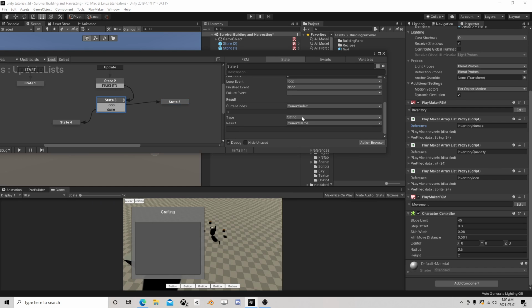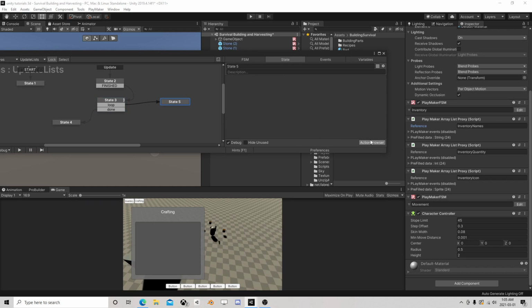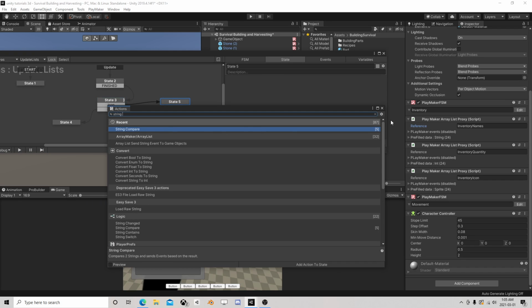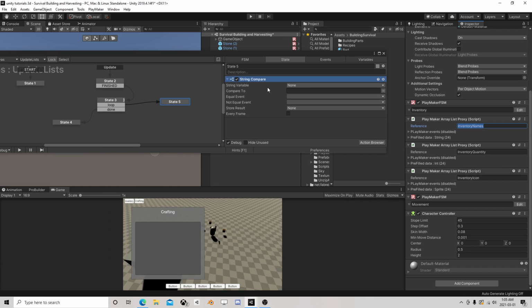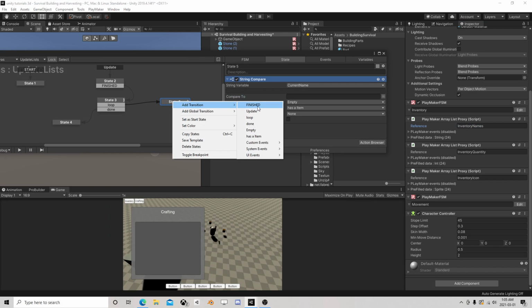So if the current name is compared to this, if that's equal, it is empty. If it's not equal, it has an item. So if it's empty,